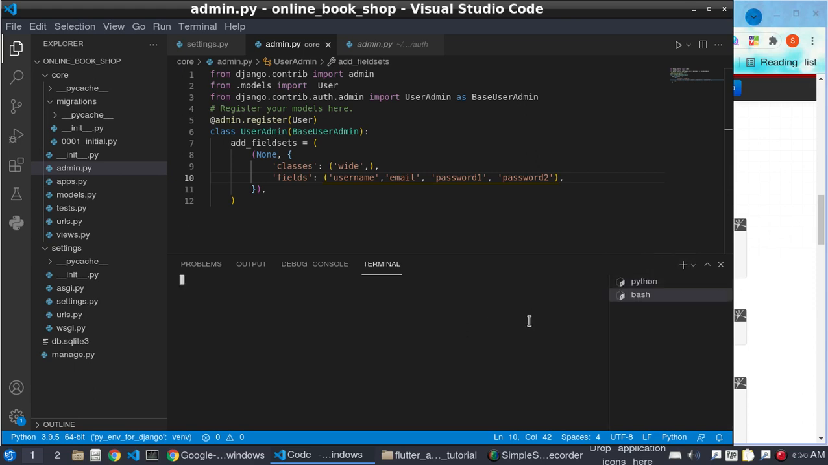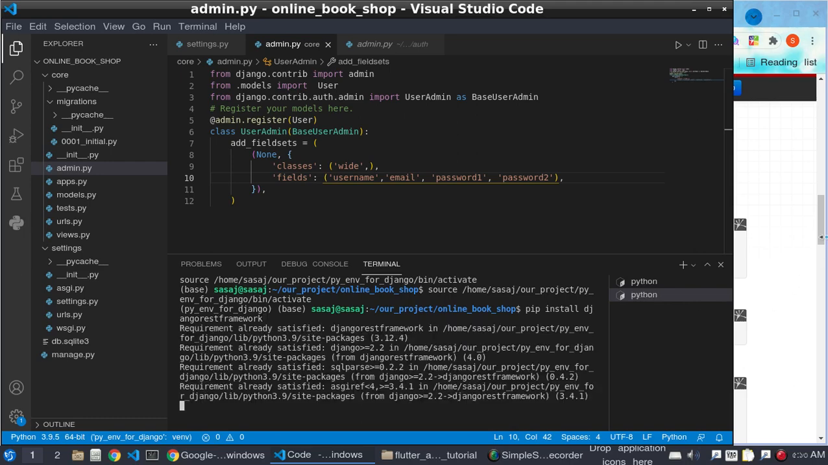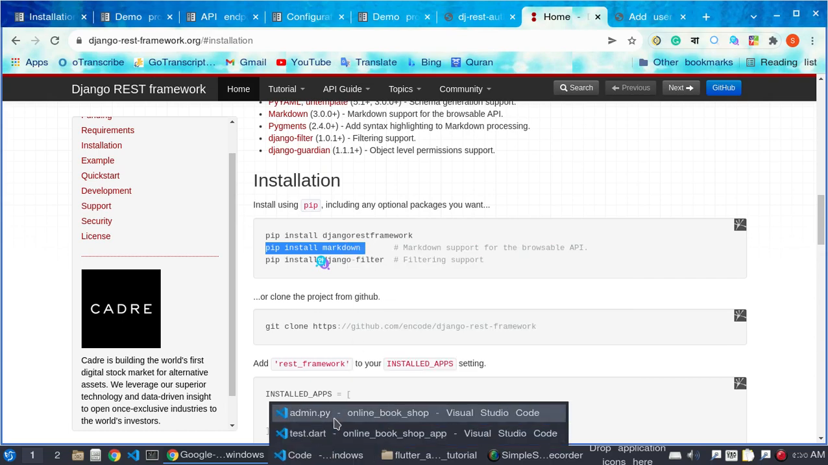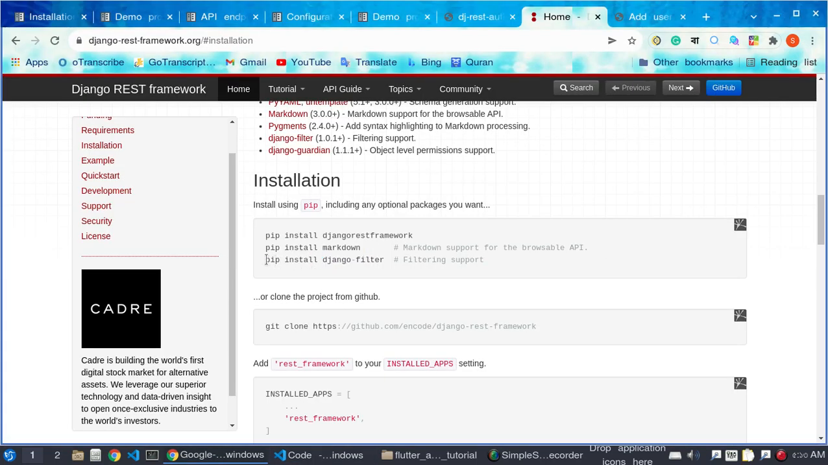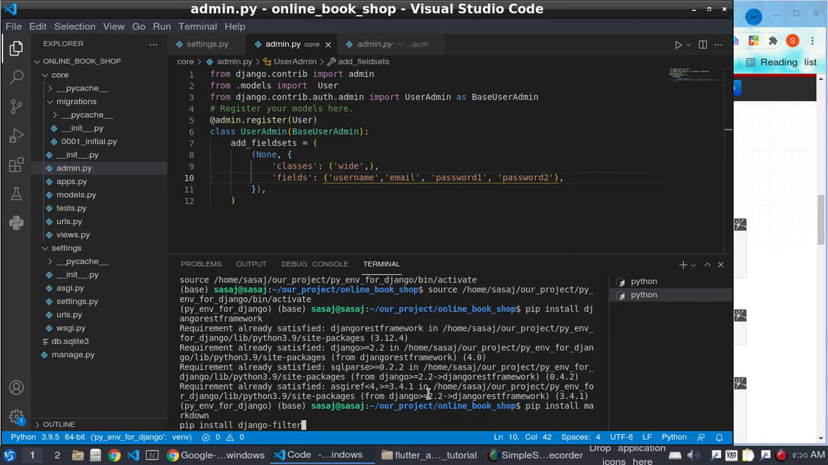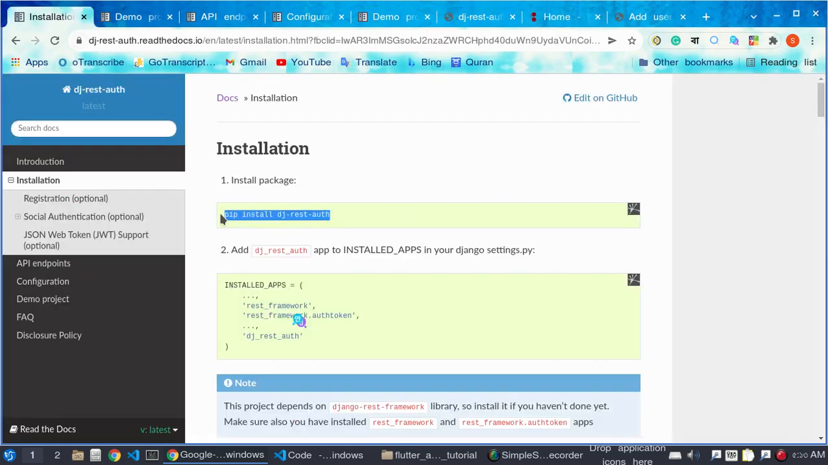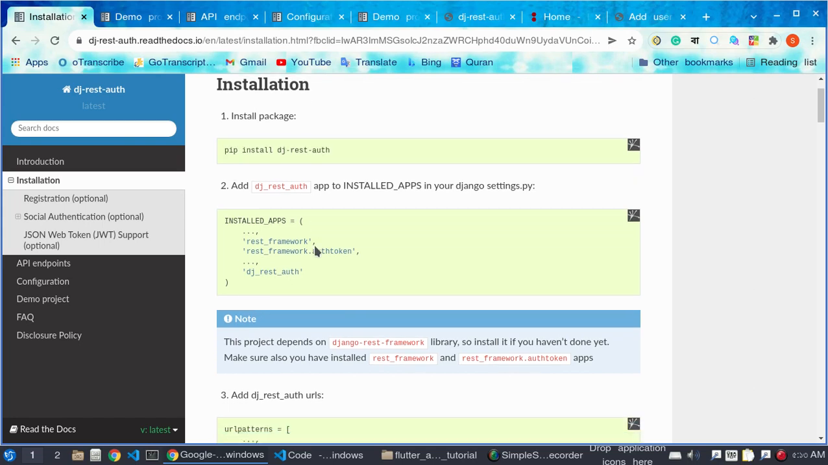Here we can open the new terminal and paste the command pip install Django REST framework, and we will also use pip install markdown, and we'll also install pip install Django filter, and then we can use pip install Django rest-auth. If we install only Django rest or dj-rest-auth, we can only install